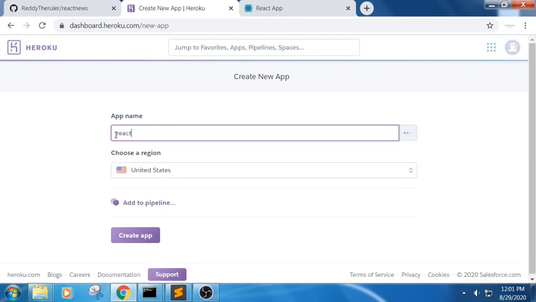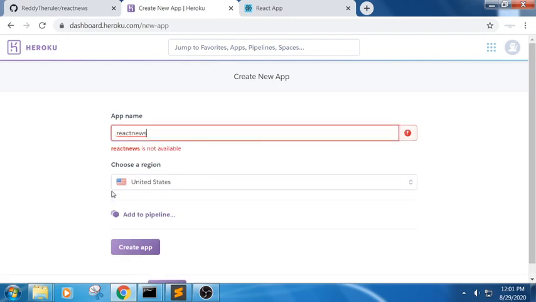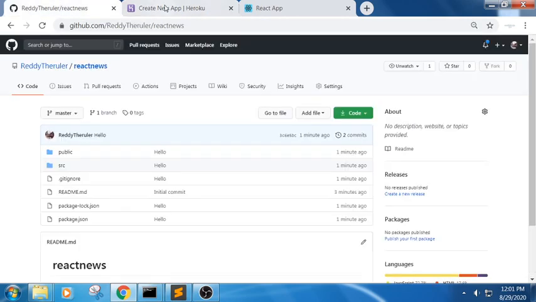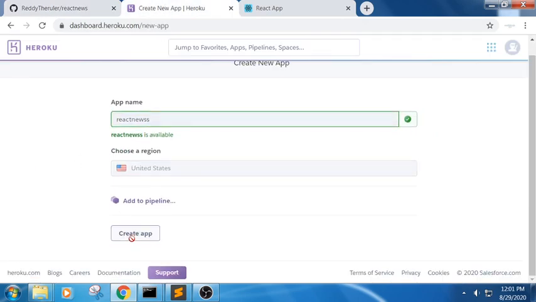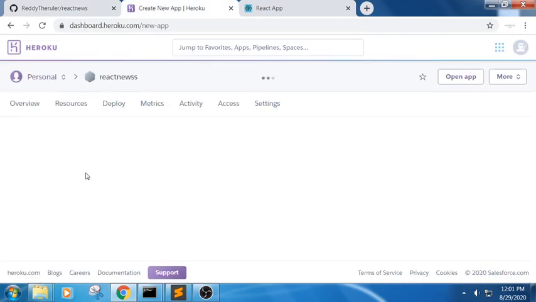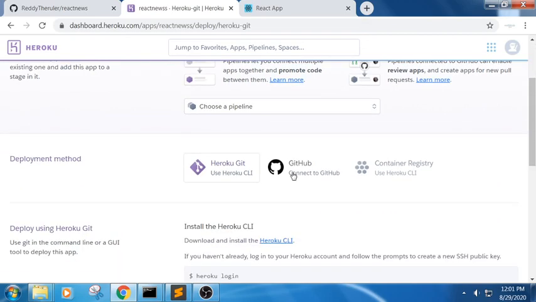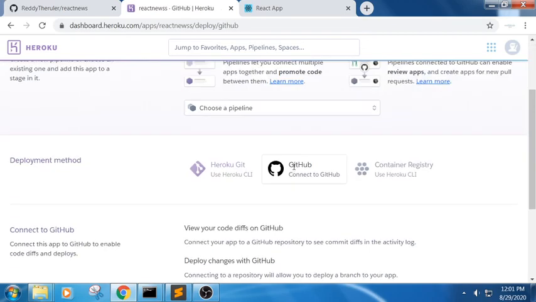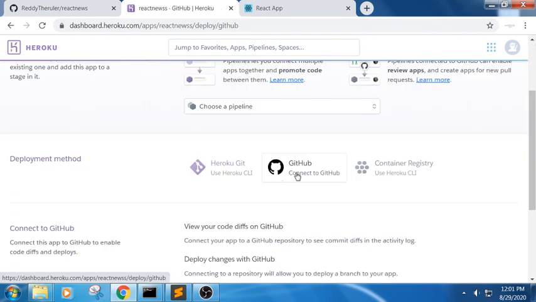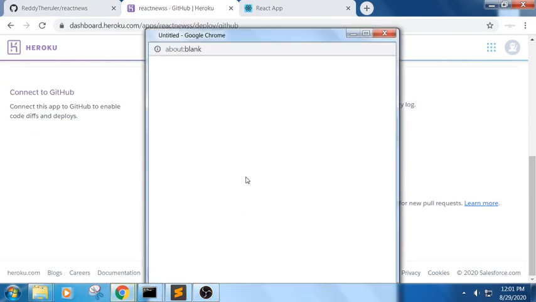I'm trying to write the folder name as React News, or else React News is already there. Create app. I have created the app here. If you are getting any issue here, you can follow the same steps we did last time. Connect to GitHub.